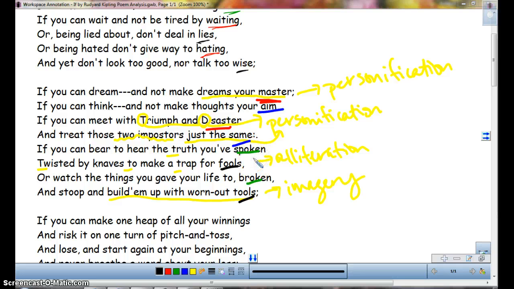And a successful language analysis is going to take each part of those, and just like we've done with images in the past, you take a look at what's there, you take a look at what's on the surface, and you start peeling back layers. Things like if you can meet triumph and disaster, meaning you can meet any person, you can meet any place, you can meet anything. Nouns, proper nouns, and treat these two imposters just the same. Imposters meaning you can see them for what they are, that triumph and disaster, they're only things in words only. It's all in how you react and how you treat them. If you can peel away those layers and that's what you communicate in your language analysis, then you're going to be really